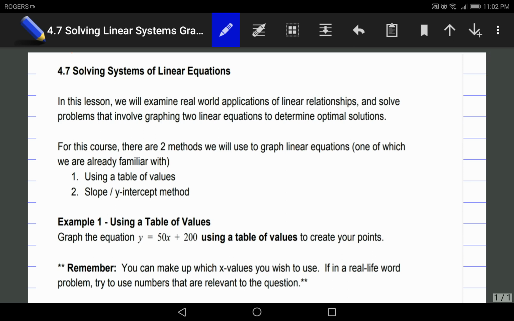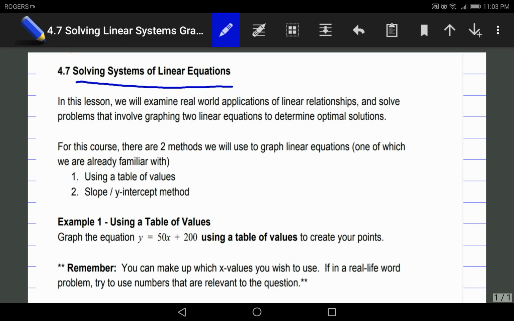Okay, so 4.7 is going to conclude our chapter 4, unit 4. It is on solving systems of linear equations. I'm going to split this lesson up into two videos. One where I go through the skill set that you need, and then the second video will be